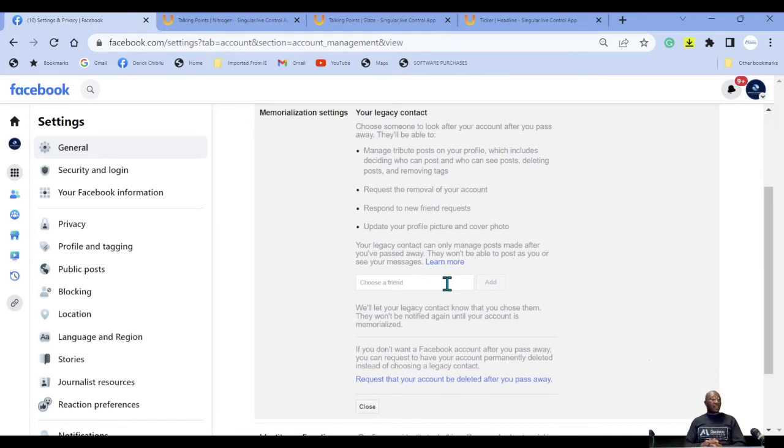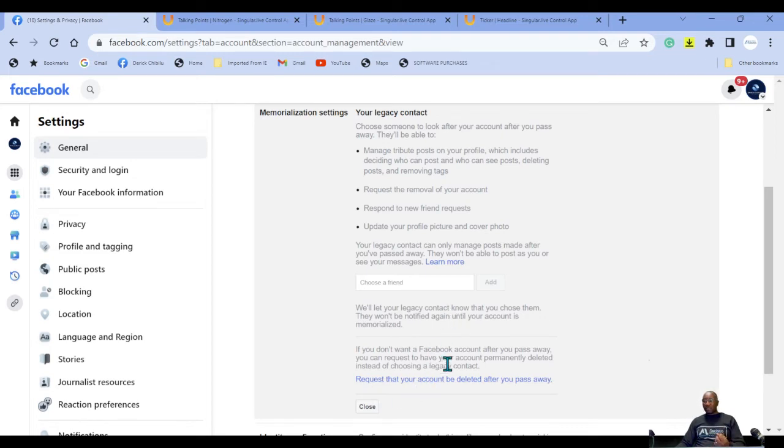So do it before you pass away so that they can go and delete your profile, or you can put a message there to let people know that you are no longer with us. That will prevent people from posting, texting you, adding you as a friend. But you need to select somebody. So I'd encourage you to choose either a spouse or one of your trusted family members. You can add them there, and Facebook will notify them that they're your legacy contact.